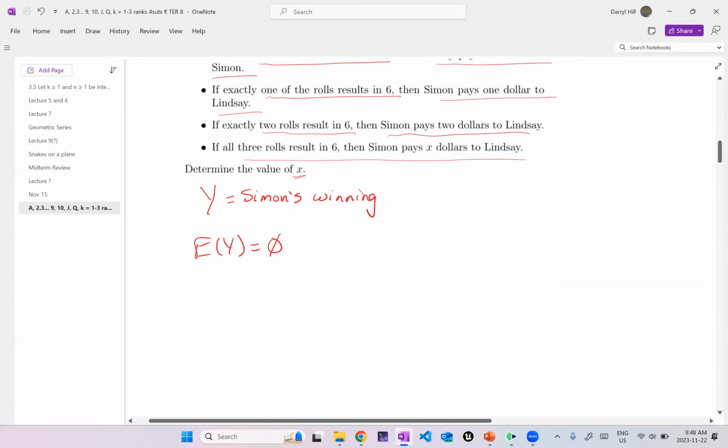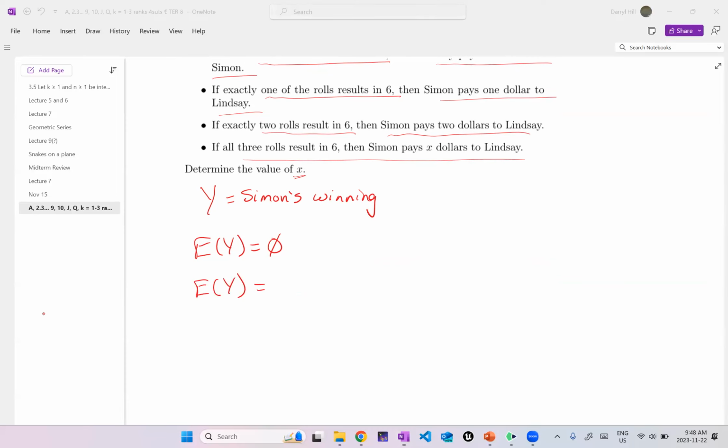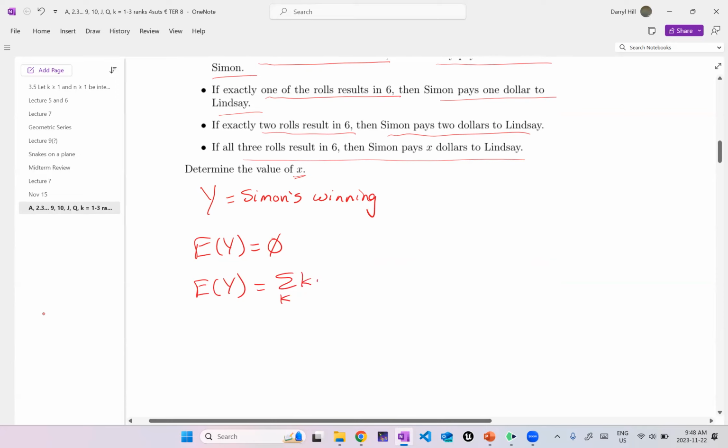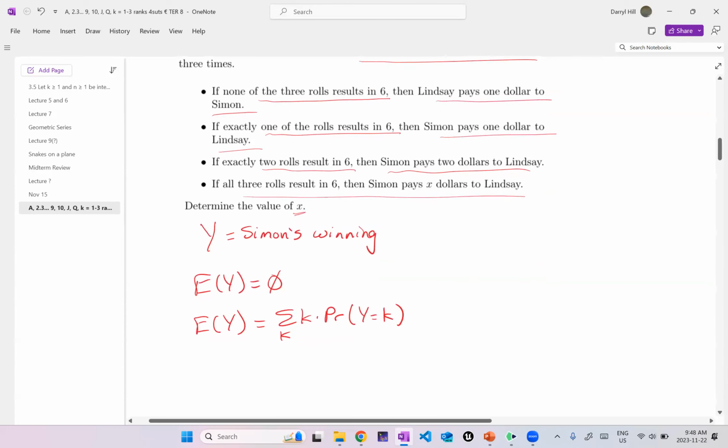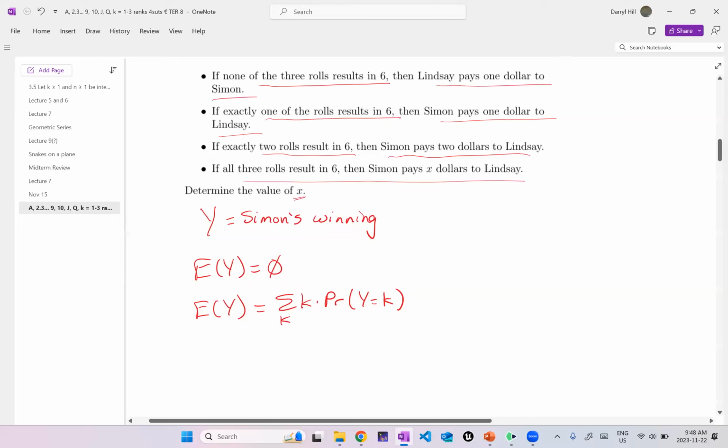Okay, so my expected value of Y, I'm going to use the sum of K times the probability that Y equals K. So let's look at all the possible values. This is the expected winnings over one game, right? So Y, you could define it for multiple games, they just use linearity of expectation. It's the exact same thing. So Y is Simon's winnings on average for playing one round of this game. So the outcomes are,